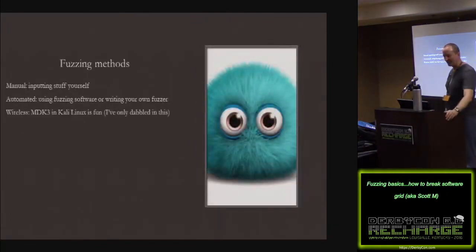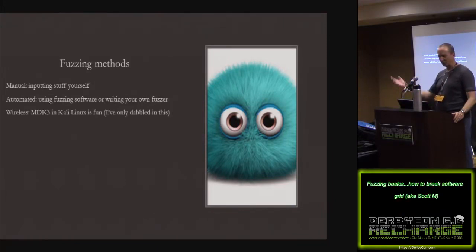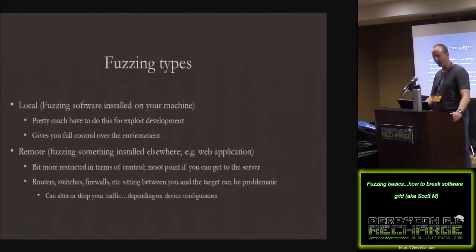Okay, fuzzing methods. Basically, I kind of boil it down to three. There's manual, where you just put stuff in yourself. Automated, using fuzzing software, writing your own fuzzer. And I threw the wireless in there because I've messed a little bit with MDK3 and Kali, but not much more than that. It is kind of interesting, though, so that's something I want to put on my to-do list. Types of fuzzing,